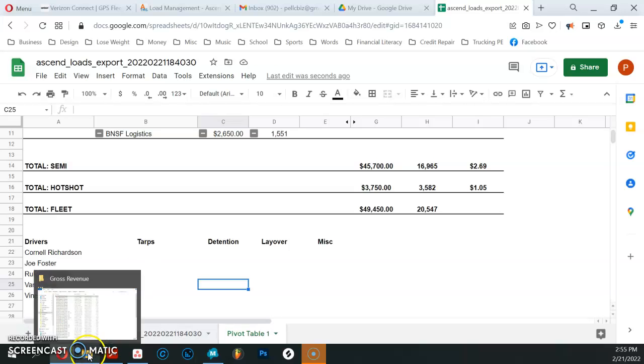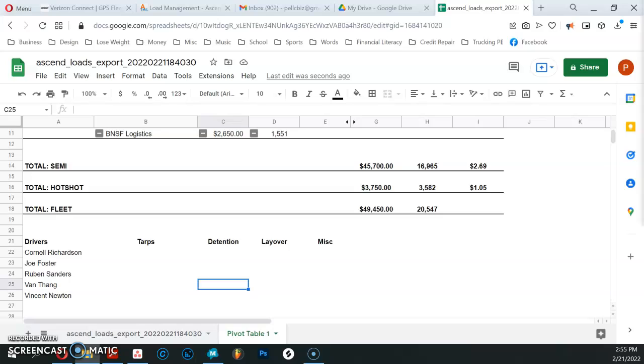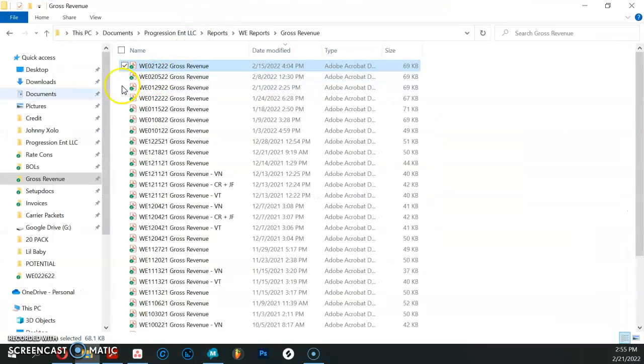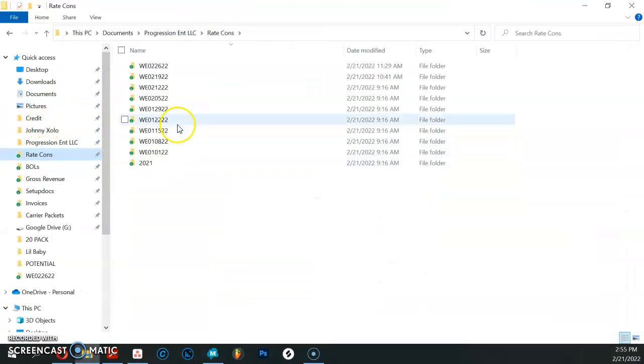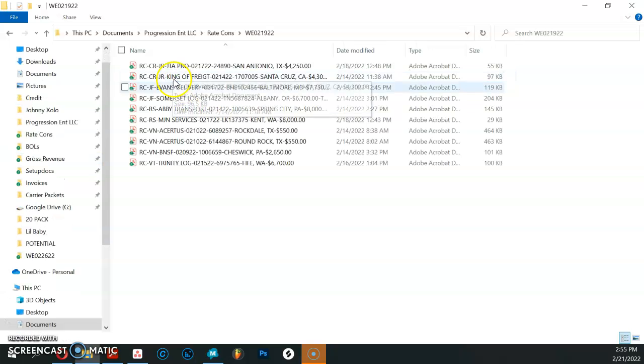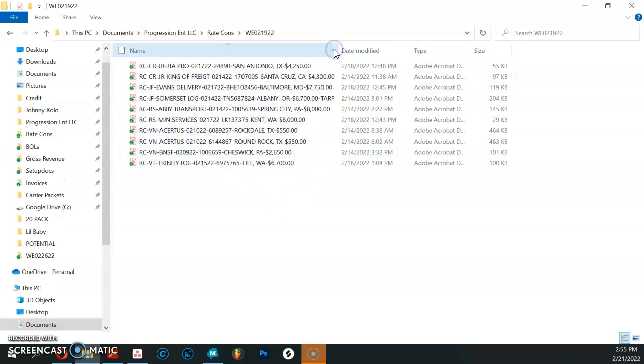And so what I do to document if there were any tarps used is I'll go to the rate con folder for this week and I'll add tarp in the name of the file. So be JF